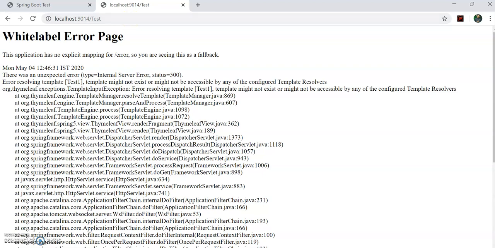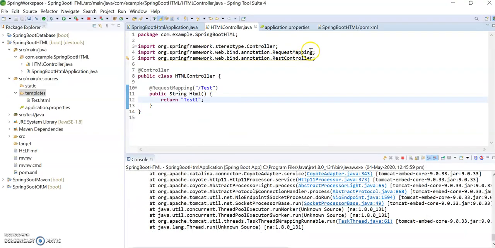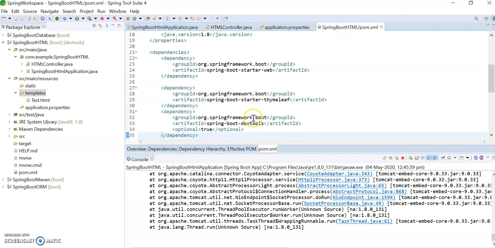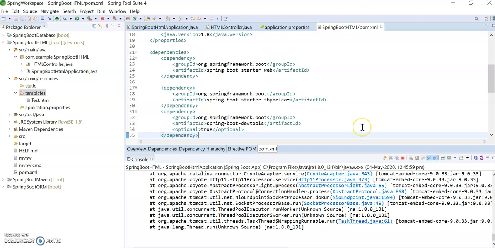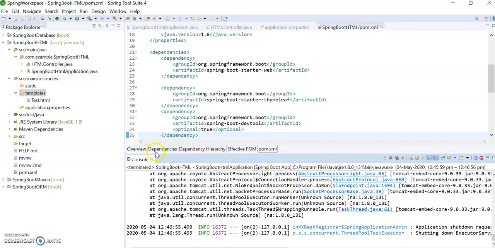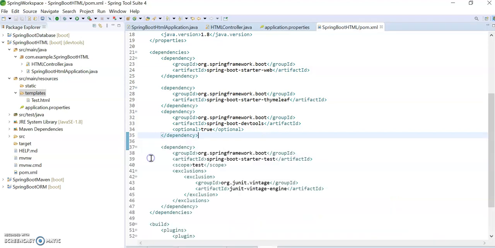So this is the advantage of DevTools: if you put the DevTools dependency, then the changes are automatically reflected without redeploying or restarting the application. That is the advantage. So that's it regarding HTML views in Spring Boot. Thanks for watching.